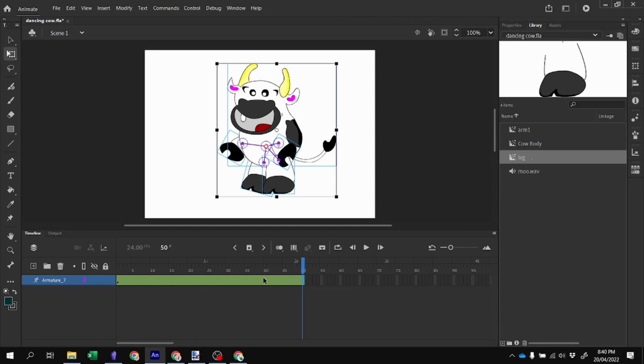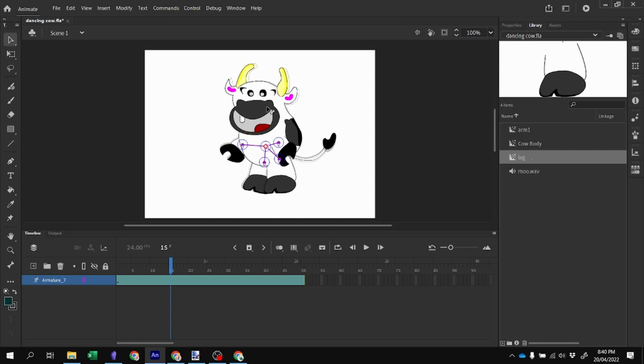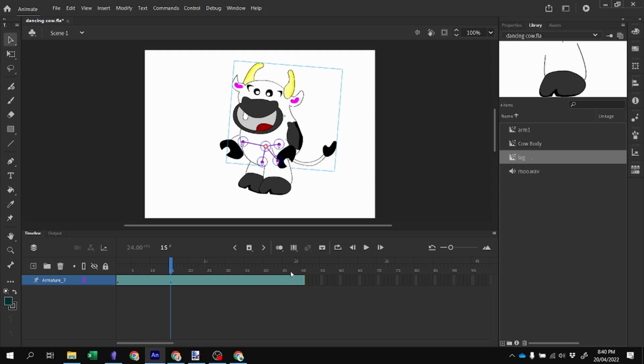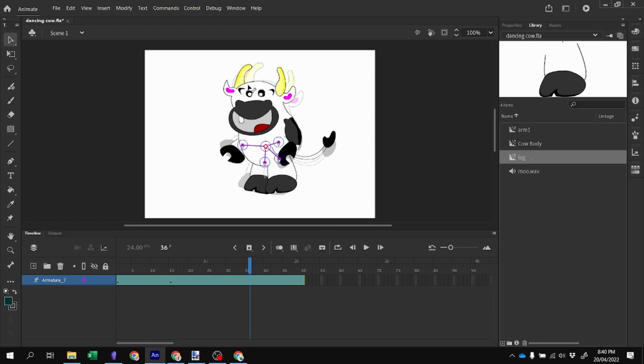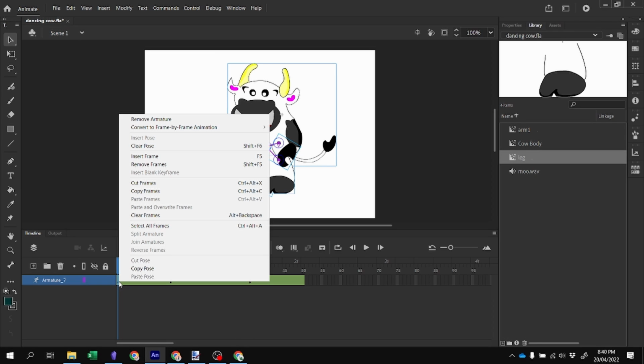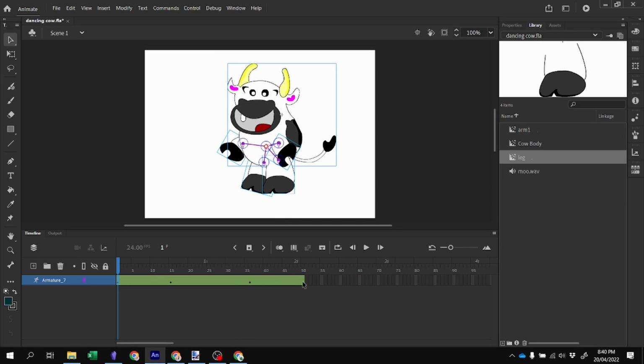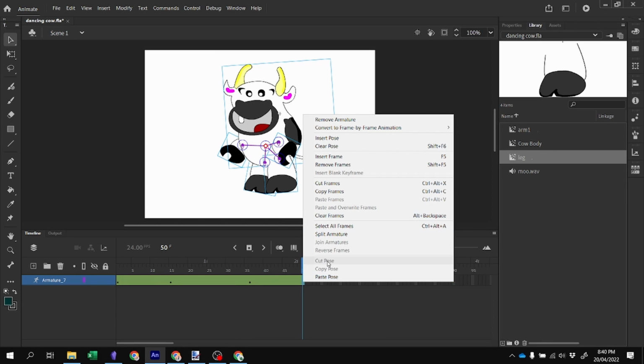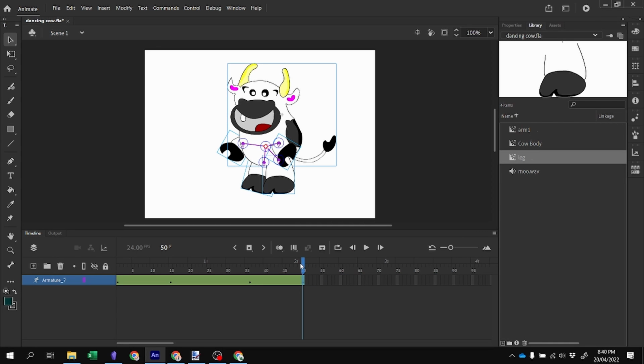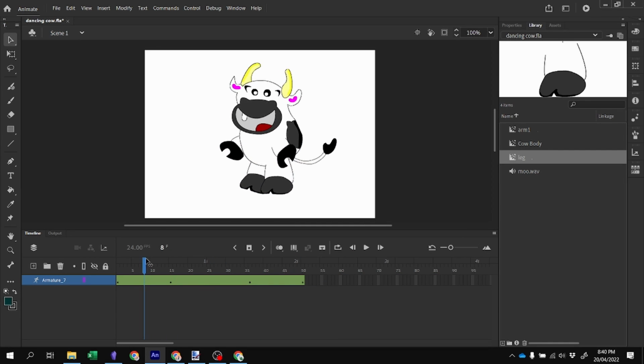So now that I've set up my cow, I need to actually pose it. So basically, the bone tool gives you the, what do they call it, the rig to set up the body, whereas the posing tool allows you to manipulate the rig to make the animation easier. This is great for 2D and an absolute godsend for 3D because it reduces the amount of production time greatly to do that sort of stuff. So yeah, anyhow,